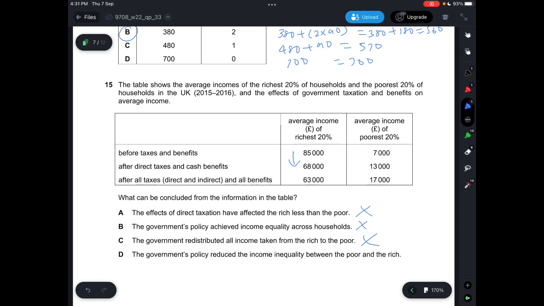And C, the government redistributed all income taken from the rich to the poor, which is incorrect because, nope, you can see here it drops 17,000 pounds, but it's not like we get 17,000 pounds back into the poorest 20%. It's only 6,000 pounds. So D says the government's policy reduced the income inequality, which is correct, it doesn't reduce everything, but it reduces